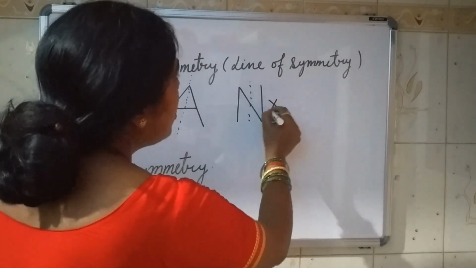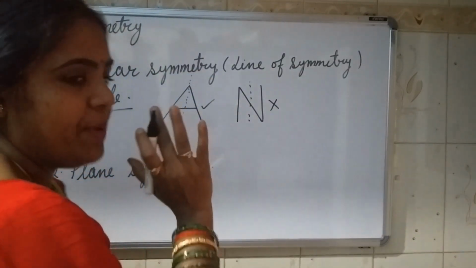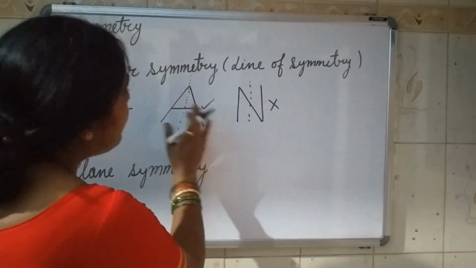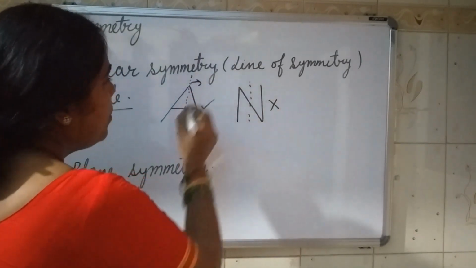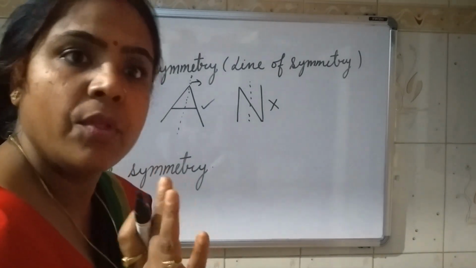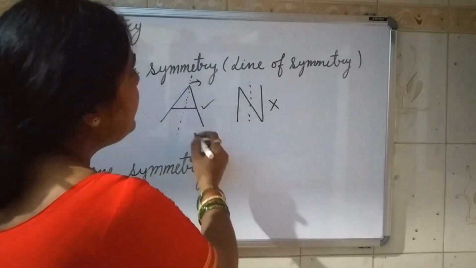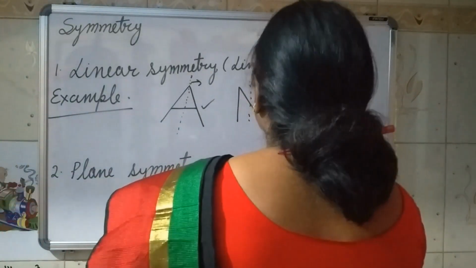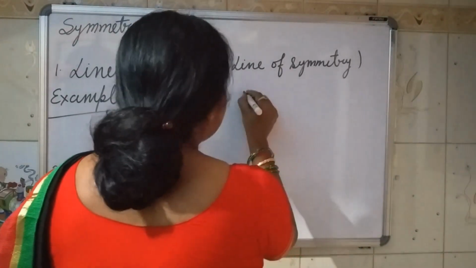So the line which divides any plane figure, either alphabets or any plane figure, into two equal parts is called the line of symmetry, and this process is called linear symmetry. The line which divides it into equal parts is called the line of symmetry. I will give you one more example: if you take a rectangle